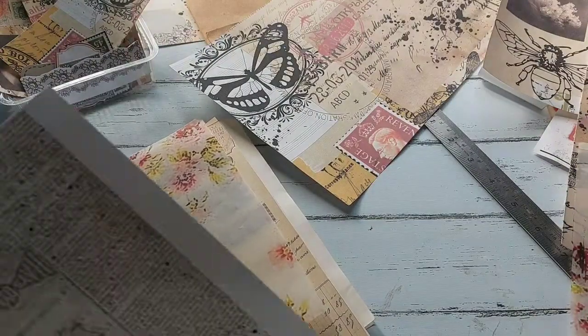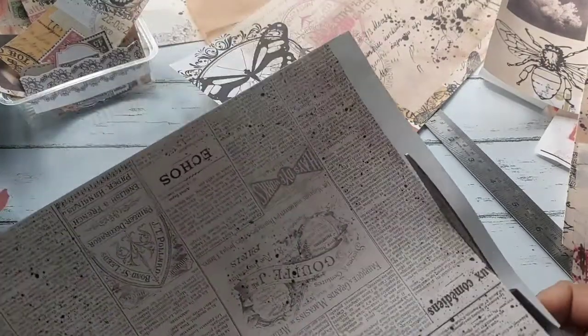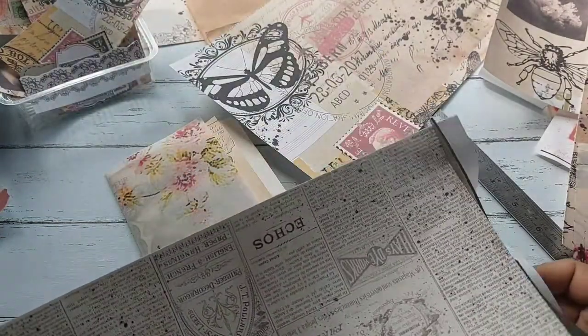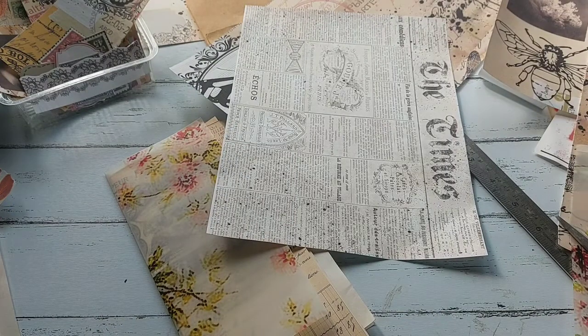Sorry guys, images are not as crisp as you would want them to be. So that had been one of my learning things that I did. Okay,